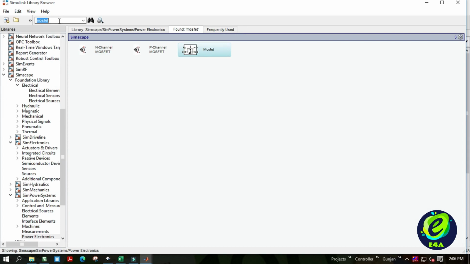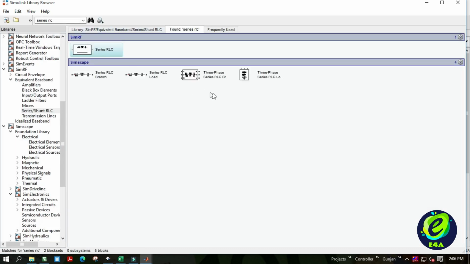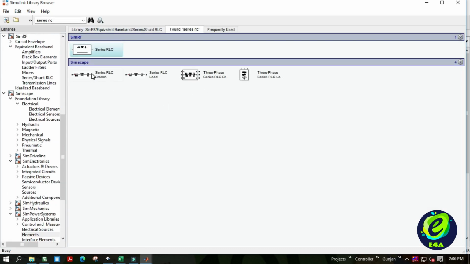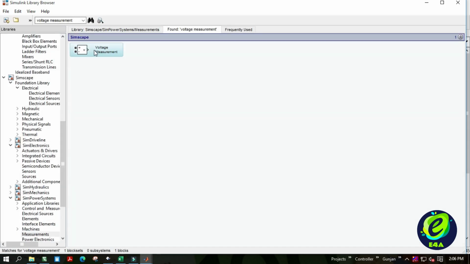Then for load, we will add the series RLC branch. We will then add voltage measurement for getting the voltage profile across the resistive load. Also, we will require a current measurement block to obtain the current profile.